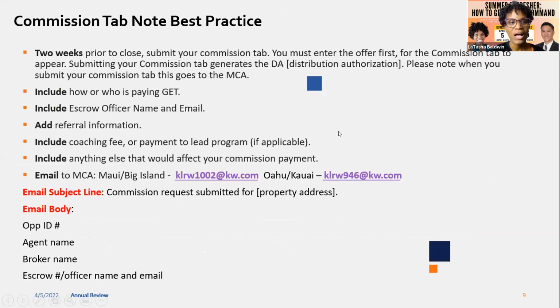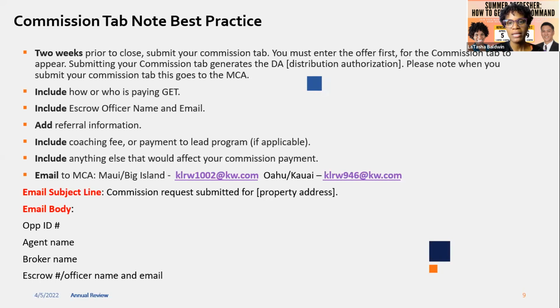So commission. So now we're switching gears from compliance to commission and giving you just some basic guidance. So this is a little different than compliance. This applies to both Maui, Oahu, Kauai, Big Island. 2 weeks, not 5 days, 2 weeks prior to close, you want to submit your commission tab, meaning the managed commission, which we'll get into.